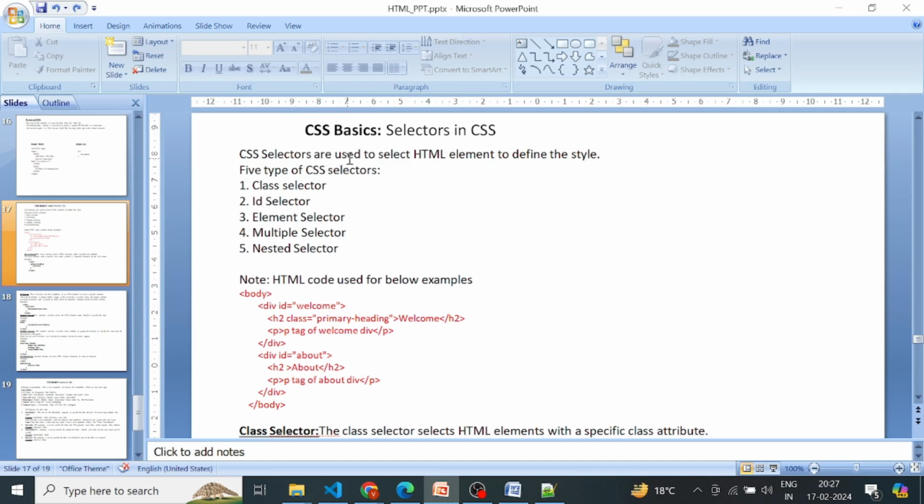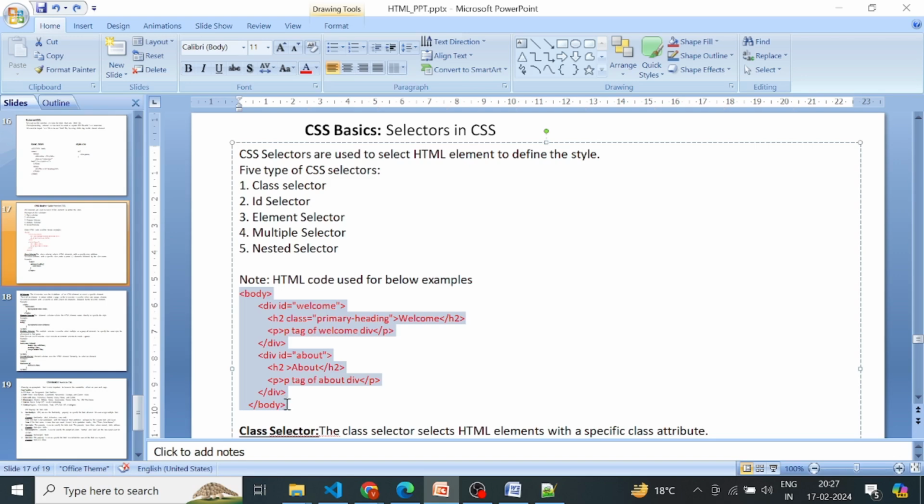CSS selectors are used to select HTML elements to define the style. There are 5 ways through which we can select any HTML element to define the style. And this is the HTML code which I am going to use to define all 5 CSS selectors. So let's open the VS Code